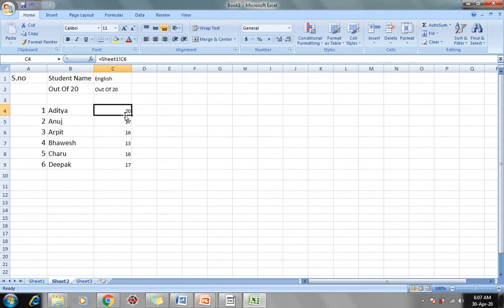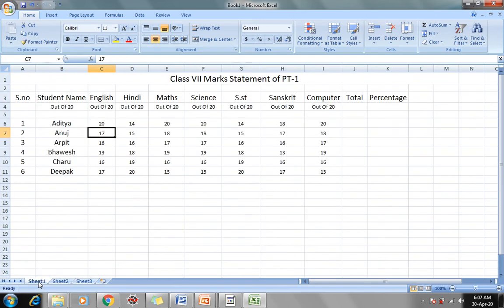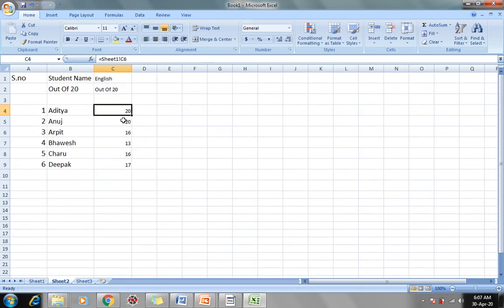The marks will become 20. Similarly, if you change the value of Anuj in sheet 1 from 17 to 20, the marks automatically change in sheet 2. So this is an example of referencing, how you reference values from one sheet to another.